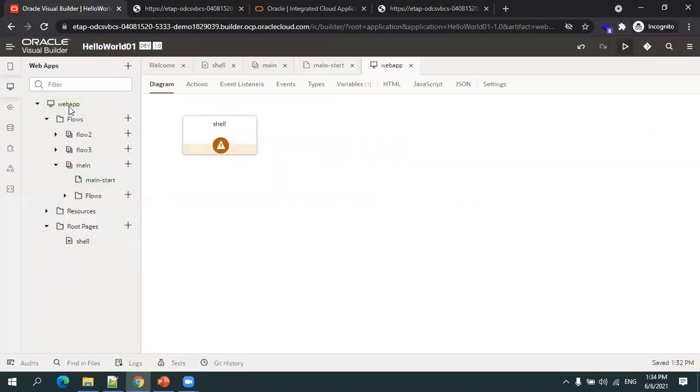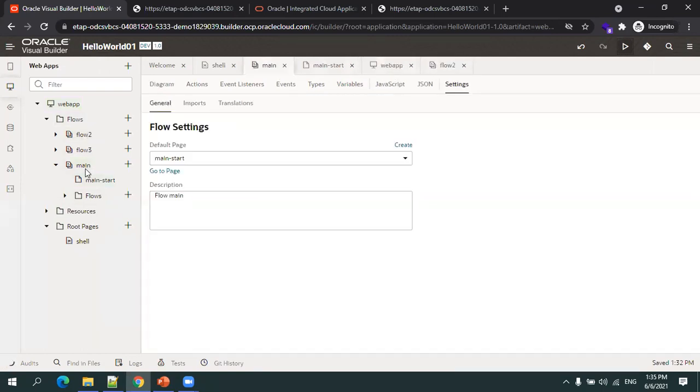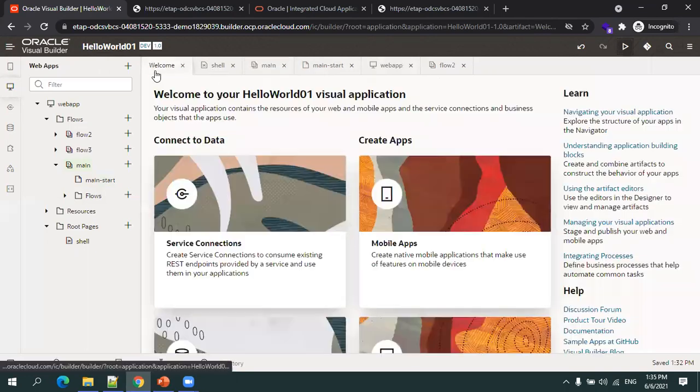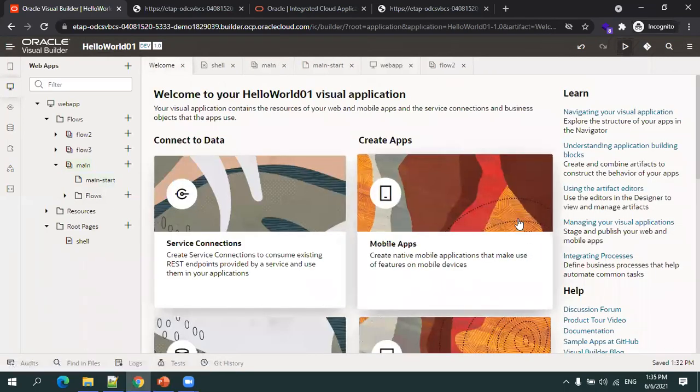Now, let us say I click on web application, I could see some extra properties here. If I click on flows, I may see different properties. Okay. Let us say I'll click on main, right? I could see slightly different properties. So based on the component which you click on, you'll have different properties. And if you want to run it, you can simply run it, and you can also export it. Okay. And you can also check what version you're working on, right? So this is simple application development in the VBCS, and later on we'll try to work on the business object, service connection, and the component event. Okay, thank you.